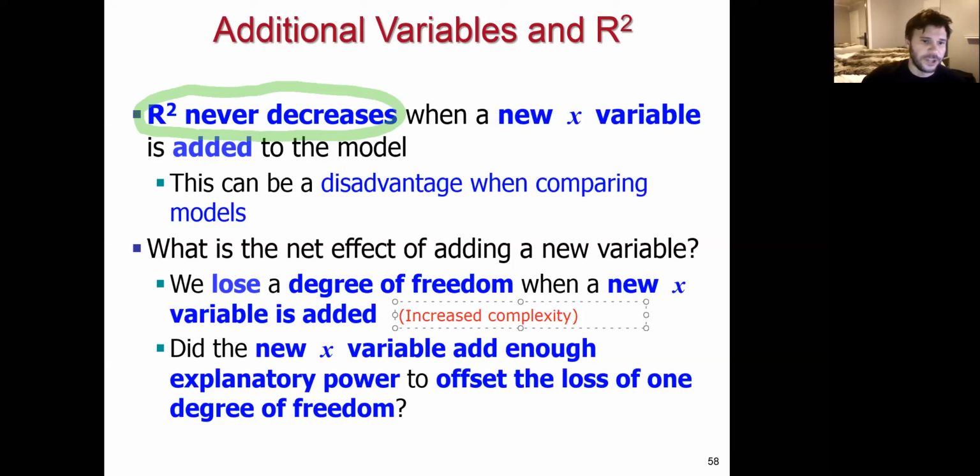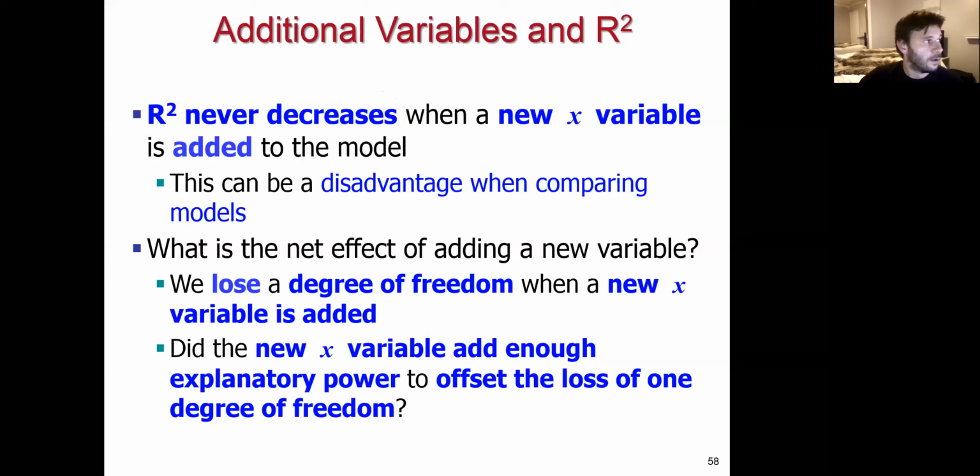Okay, so this question of, did the new X variable add enough explanatory power to offset the added complexity that we've created here? That is really what we want to think about. Did the new X variable add enough explanatory power to offset the loss of a degree of freedom, to offset this increase in complexity? All right, so let me go ahead and show you the statistical output for what we're going to call model